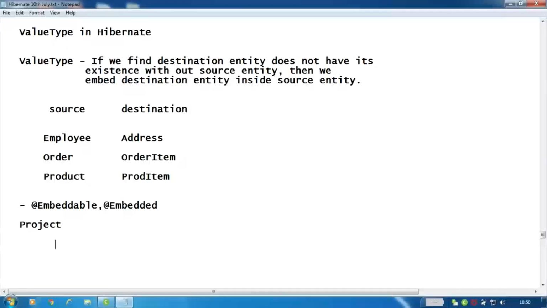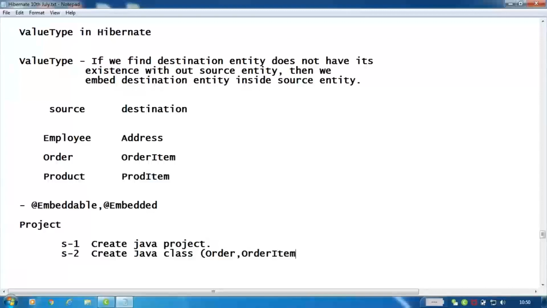what is step one? Step one, same as before, create a Java project. Then step two, create Java classes. Class means your order class and order item class. Okay, I'm taking this example. Then step three,